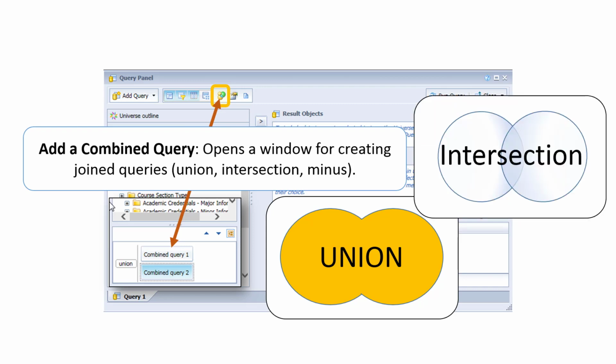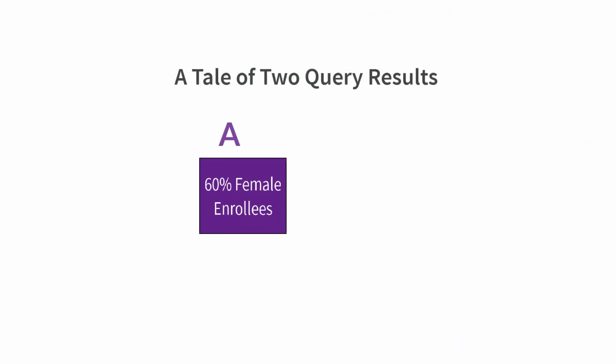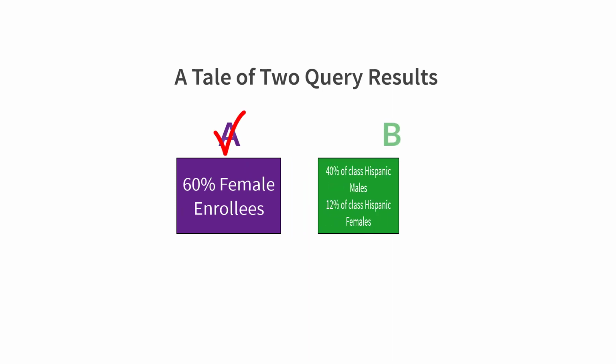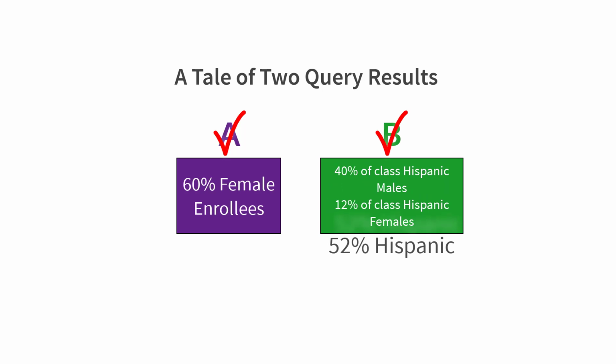Intersection only provides results that are common in both queries. This would list all courses that both had a majority of students being women and also a majority of Hispanic students. Note, this doesn't mean Hispanic women were the majority. These are 2 completely separate queries. It is possible that a course was 60% female, but all of the males and just over 1/6 of the